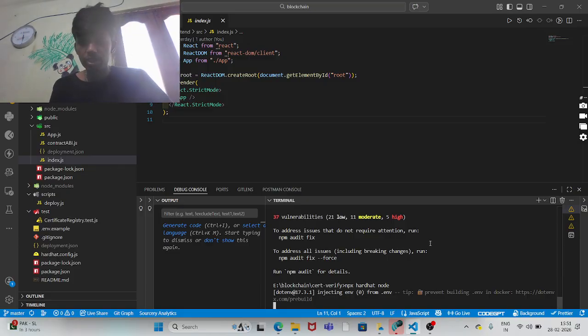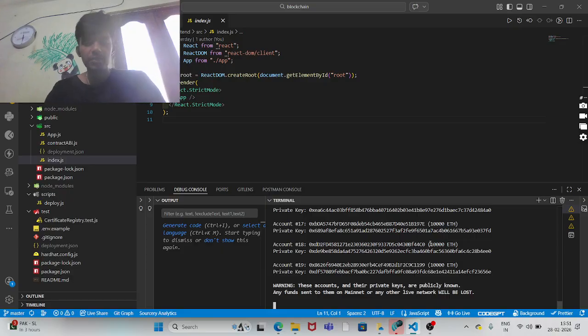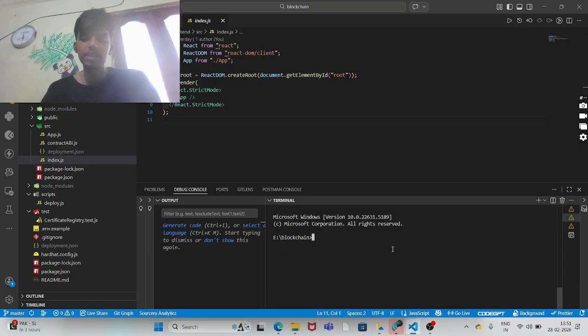Let's just wait for this thing to run. Yeah. So it created accounts and this is running all the time. When you upload a certificate, it is going to store here and it's going to have a private key. This is what a SHA 256 key looks like. The next thing is that we are going to run the deploy section, which is basically npm run deploy